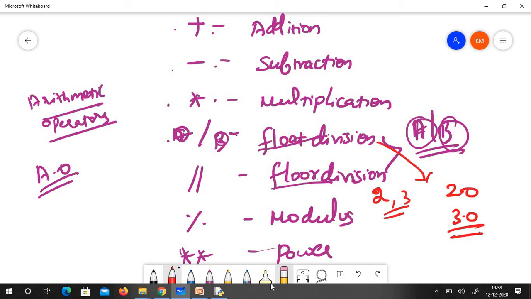The modulus gives you the remainder of the division. Power gives you, like, 2 to the power of 2, which gives 4. Instead of the cap symbol we use 2 stars. These are the arithmetic operators in Python.